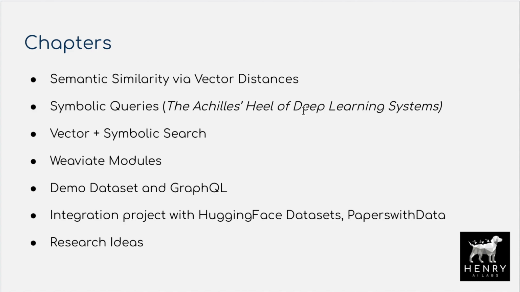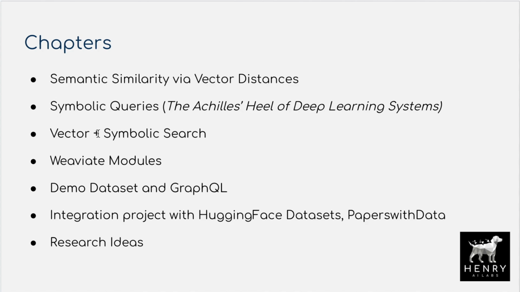If you're trying to use solely deep learning for search, you'll miss out on the functionality that's been developed in these SQL relational database systems, this kind of style of using relations in order to truncate the searches and reduce the search space. So Weaviate combines symbolic search with vector search in order to take the advantage of these symbolic queries, things like filtering, aggregations, or say you only want to return text from articles that have been published in a publication such as the Financial Times. You can use that kind of filtering symbolic query to reduce the search space and then do the vector distance